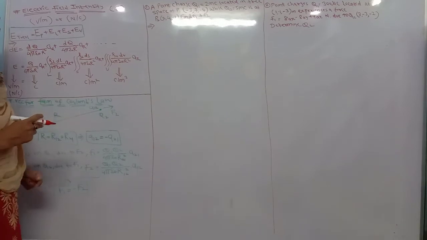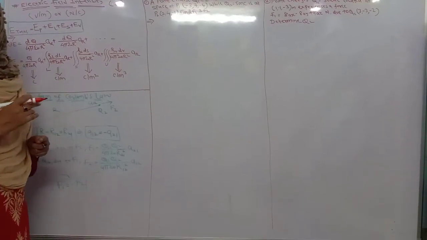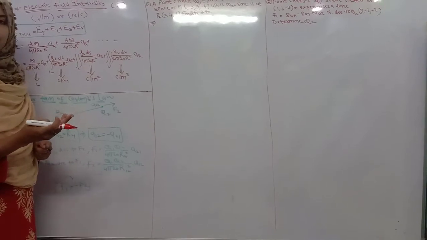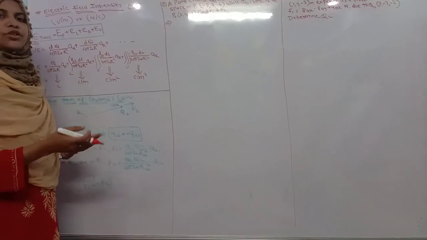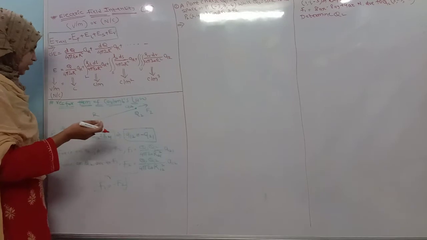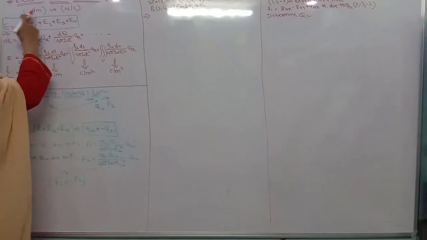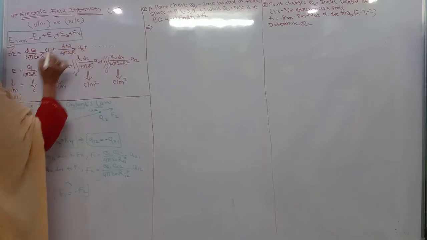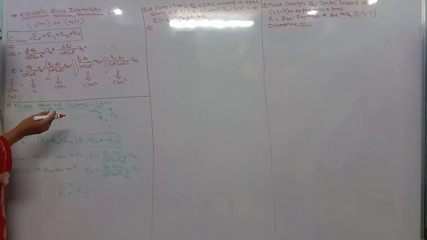In many of the numericals, you need to calculate the total electric field intensity related to the point, line, surface as well as the volume, and in a few cases you need to identify individually. Okay, so now in this way we can calculate the electric field intensity for point charge, line charge, surface charge and volume charge, either individually or